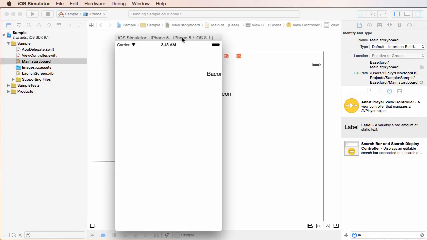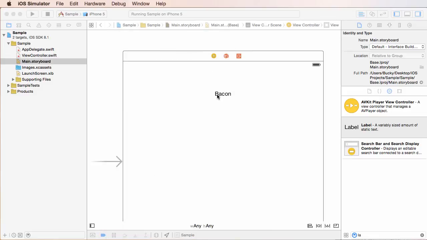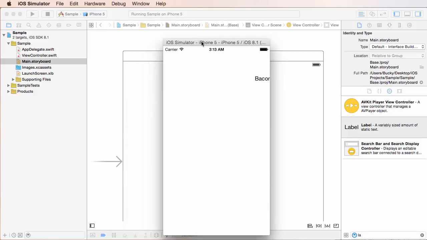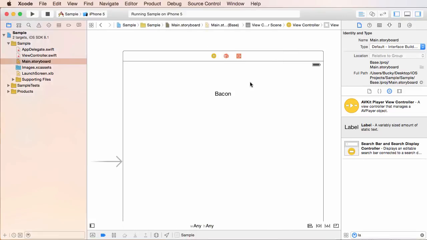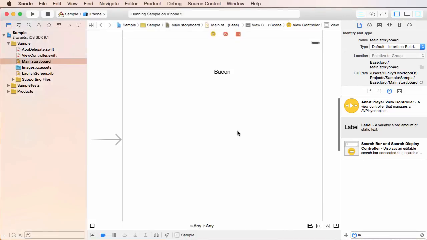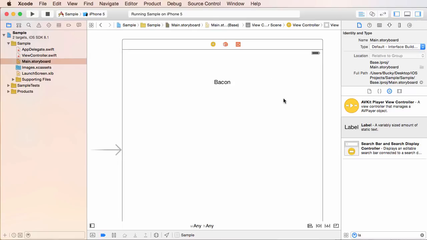So, look at that. Okay, let me move this out. In our interface builder, we put that thing right in the middle, but in our simulator, it's not appearing in the middle. So what the heck is going on here? Well, let me explain why we have this issue. You see, like I said, right now, whenever we design this interface, we're not designing it specifically for an iPhone or iPod or an iPad. What we're doing is designing a generic interface that's supposed to be adaptive to every